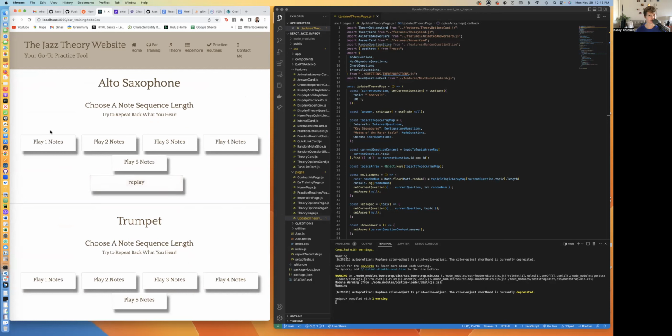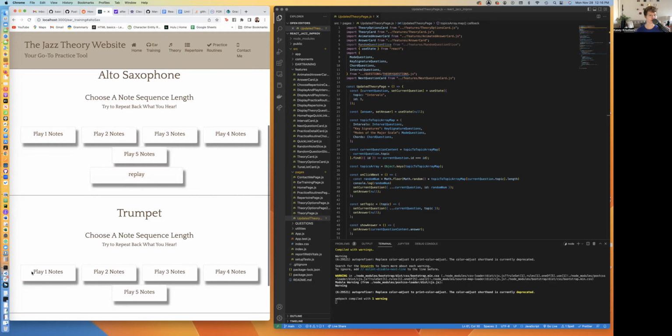The way that this works is if you want to hear one note, you press that and it spits out one random note, or you can replay that note. Or you can do the same thing with two notes. You can replay that, or three notes, four notes, or five notes. There's also trumpet down here if you prefer that. You can do one note